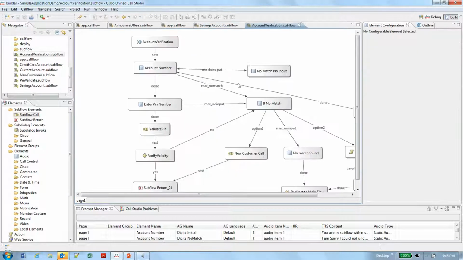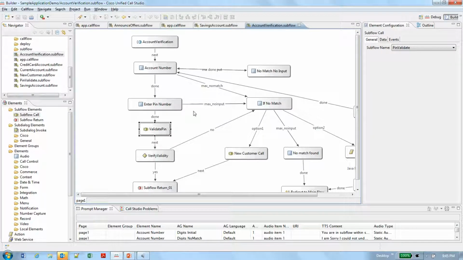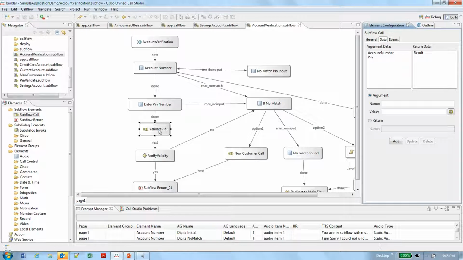Let's get in there. In this, we ask the customer to enter the account number and PIN number, and we pass that to the subflow. If you see, we are calling validate PIN. This is the subflow call element. We are specifying the account number and PIN, which we got from the other prompt.